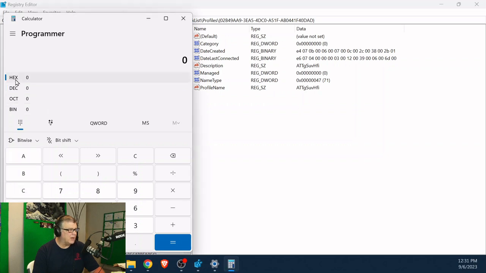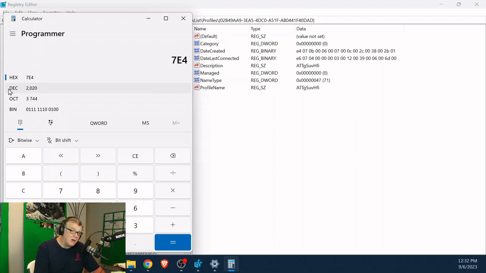I'm going to go to the hex value. And because this value is using the Little Endian, it's actually read 07E4, not E4, 07. So I'm going to put that as a hexadecimal value of 07E4. And if you look over here, the decimal conversion of that is 2020.